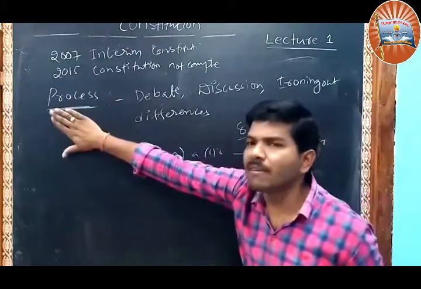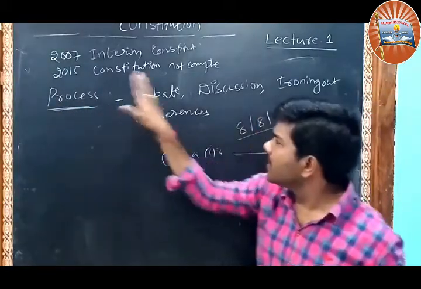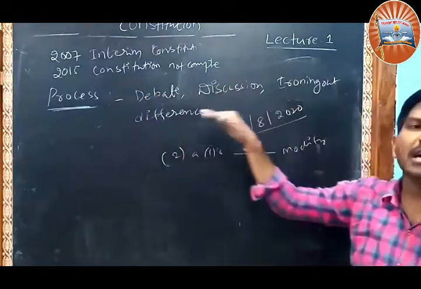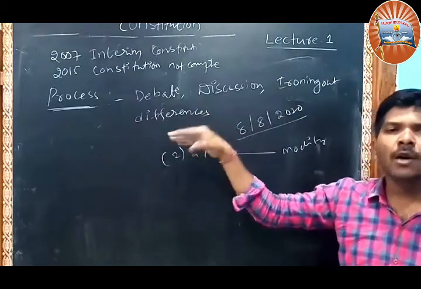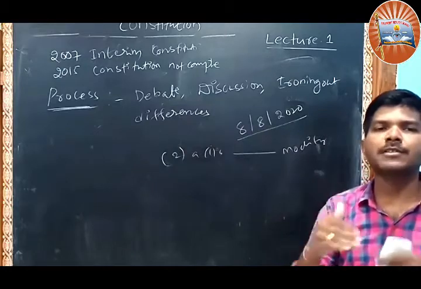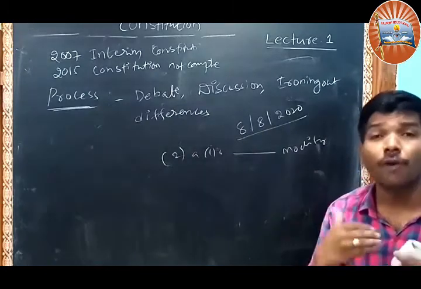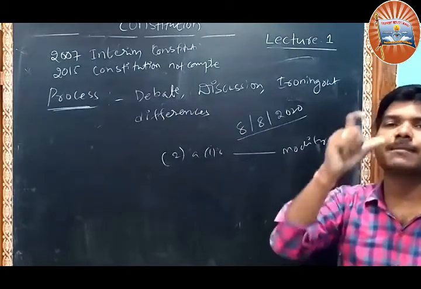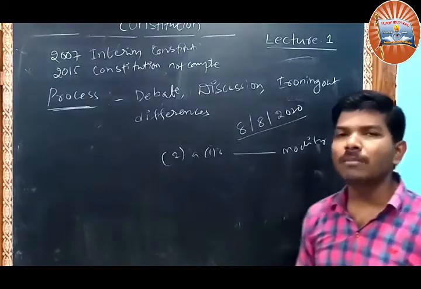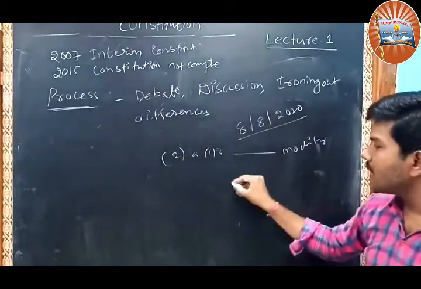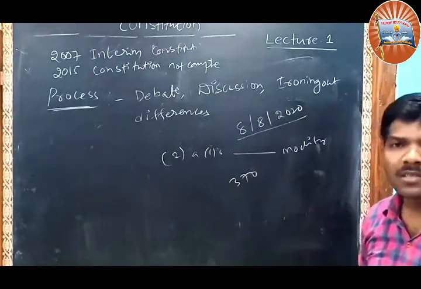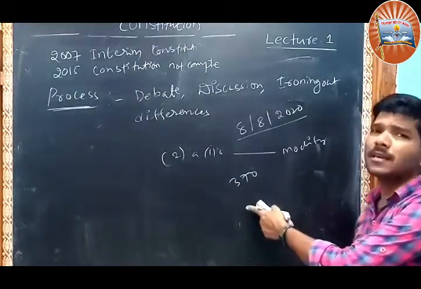So the constitution will make this process: debate, discussion, ironing out differences, and working out a frame with the acceptance of all. Acceptance of all. You remember the word acceptance of all. Acceptance of all means majority of the people have to accept. Example, Article 370 was abolished because majority of the people accepted. Then it became a